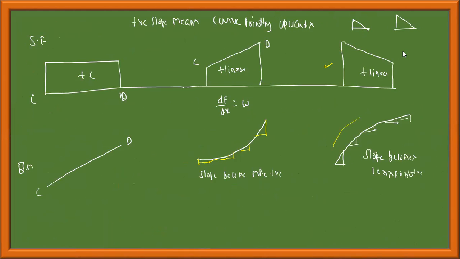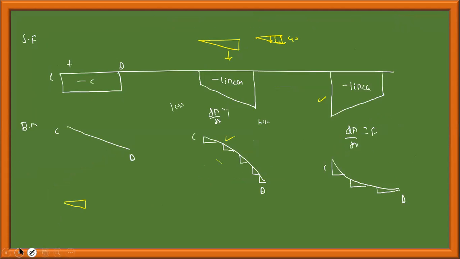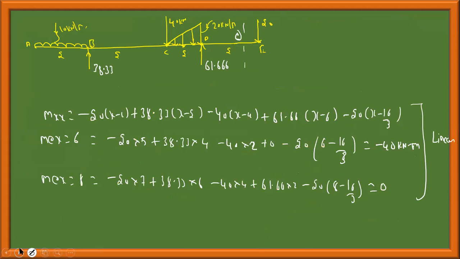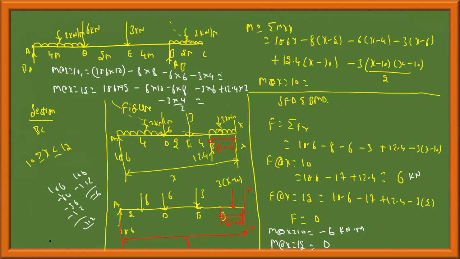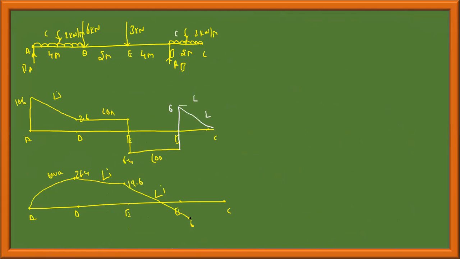This is like this. Therefore, slope will be like this. This is the slope. Let me draw the curve. This is how the slope will be from minus 6 to 0. This is what